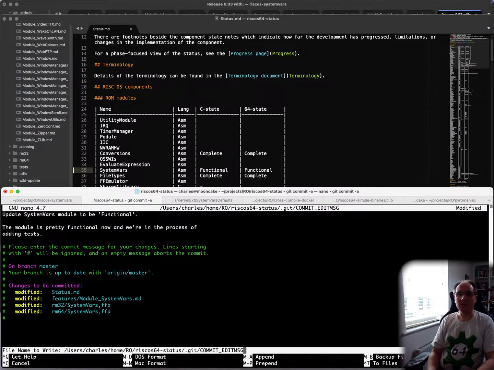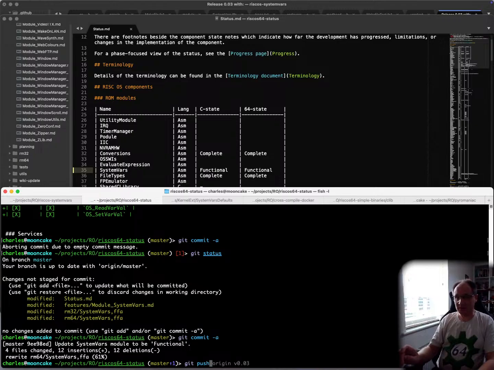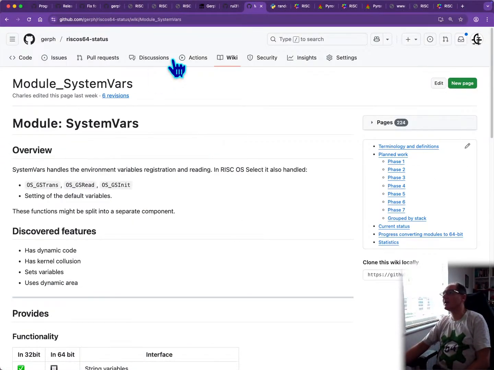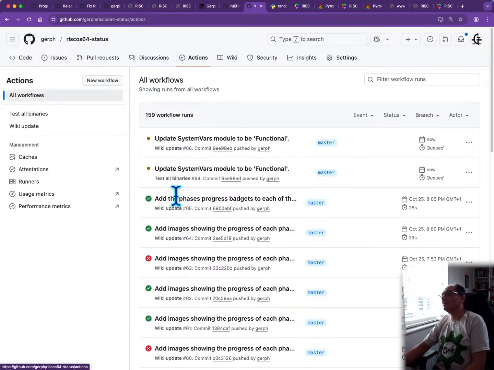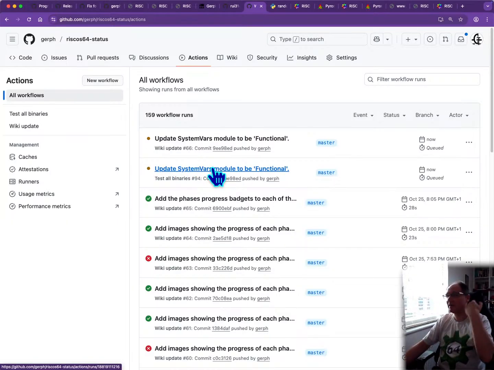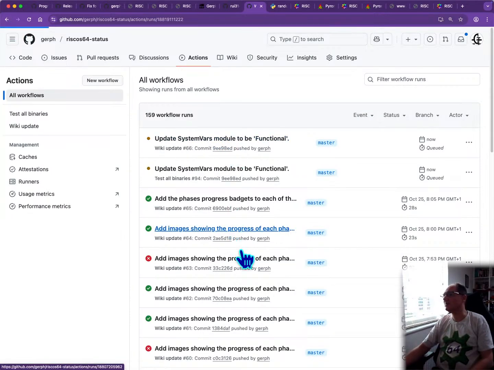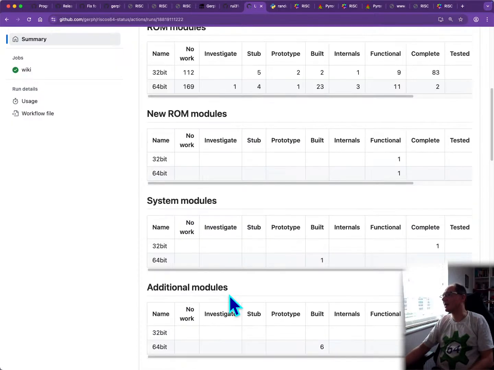Tests. Right, so with that I can now push that up to the status page, and if I give it a moment, because it has to go and build it, so there's two jobs here. One that goes and tests all the binaries that have been pushed, because I've just pushed a new set of binaries. It will go and test them, and another one that will go and update the wiki with all the data, all the new information. So this wiki update, yeah, it takes 12 seconds. It's barely anything. It also gives us a bunch of stats down here. Lots of stats,